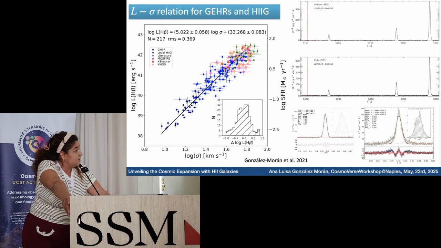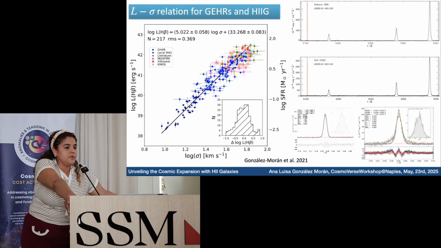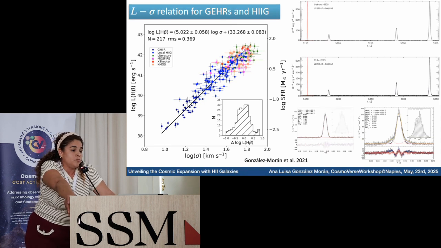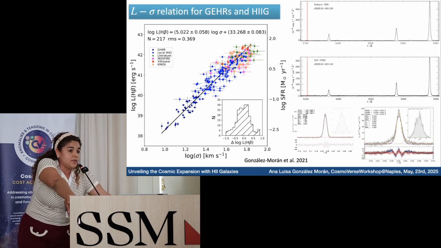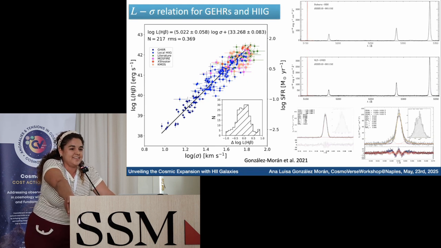For example, in this case, these giant extragalactic H2 regions have Cepheid distances. The distances are estimated using Cepheids. The blue points represent our local sample. The blue points with the highest redshift are around 0.15. And the rest of the points, the colors that you can see there, are our intermediate